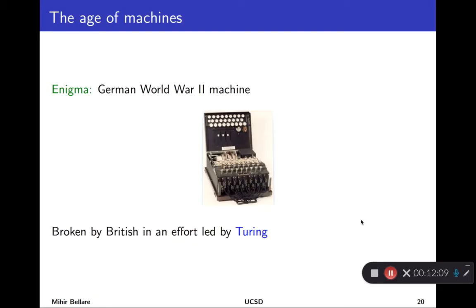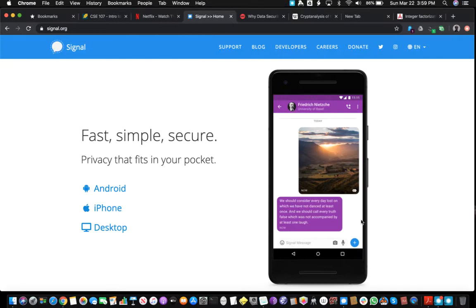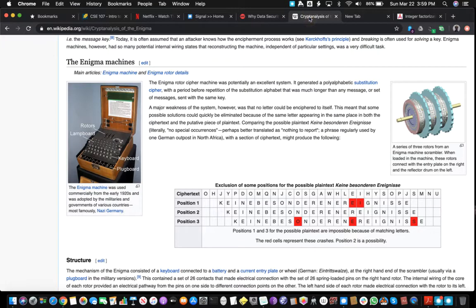So I'll leave it at that and go on to the next historical step in the evolution, which took quite a long time. Then the first time we saw something significantly different was in the Second World War, where the Germans built something called the Enigma machine. And this was much more complex than a substitution cipher, and yet in some ways a kind of glorified substitution cipher. It would change the manner in which substitutions were done and many other things.